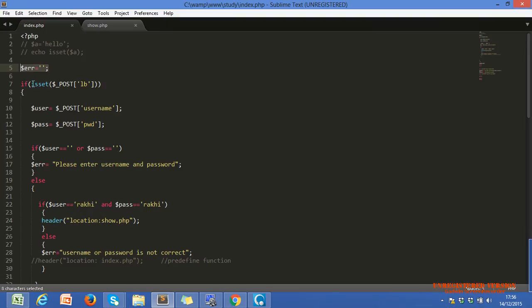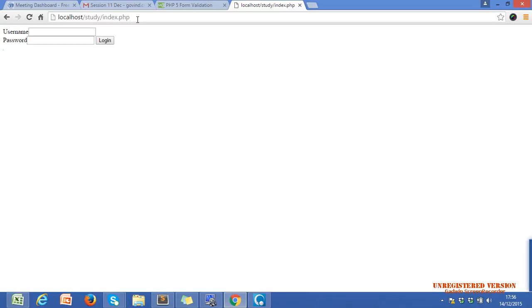Now we are checking a condition: is our form submitted or not? We already discussed this condition. It will only be true when our form is submitted, meaning whenever we click on login. In a simple refresh we didn't click anything. Let me show you again. Yeah, in the simple refresh we didn't click on our button, so our form is not submitted, so this condition will be false.